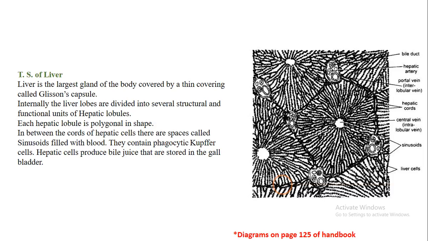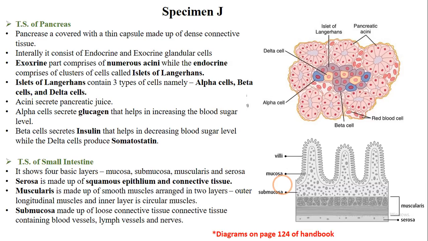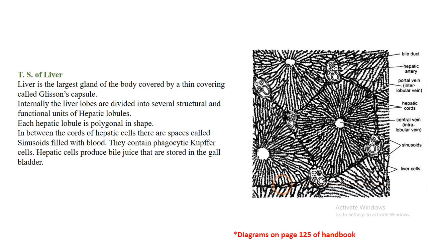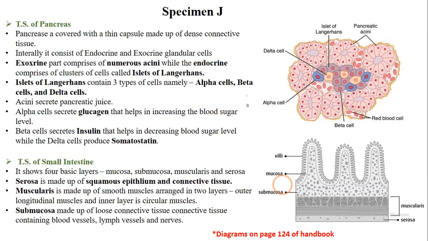These are the specimens that we have to study this year as demonstrative experiments, and each spot will have one specimen allotted to that particular spot. So for example, if I say in spot J you have 3 specimens, then in the exam any one of these 3 specimens will be kept for spot J. So you have to study all of them.